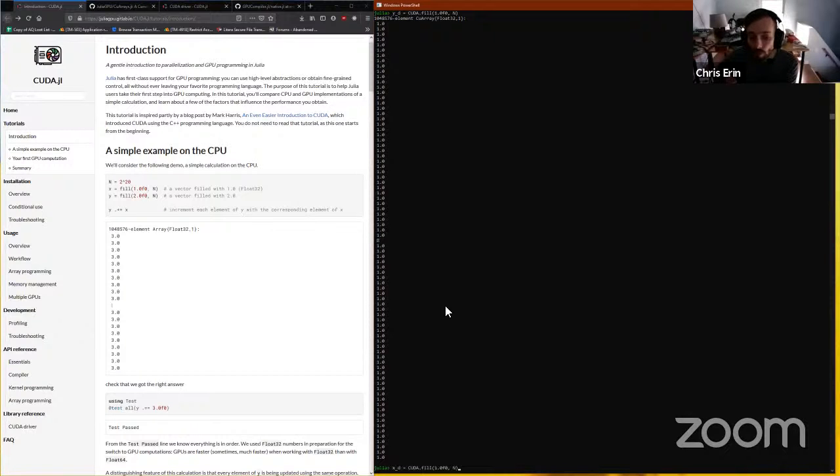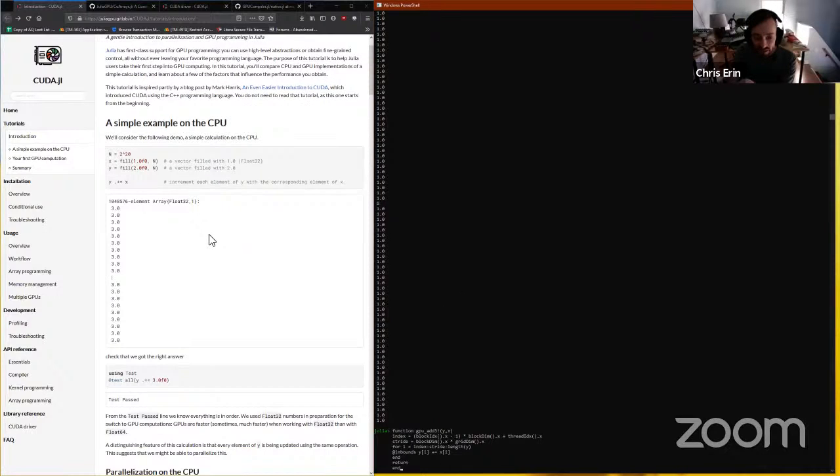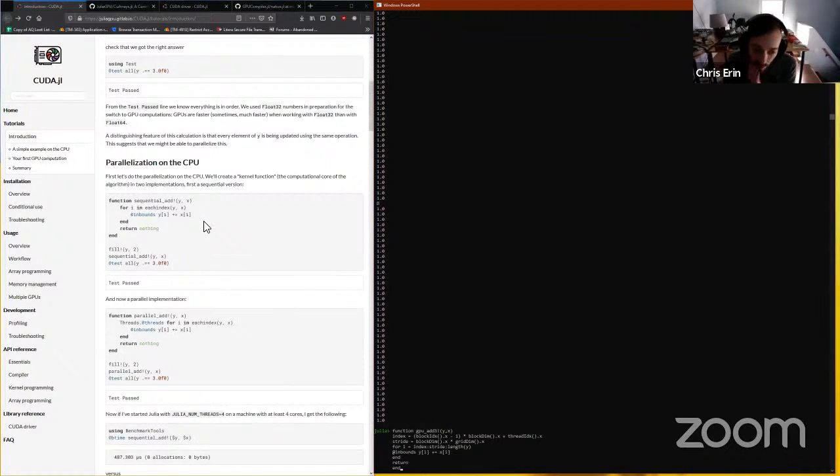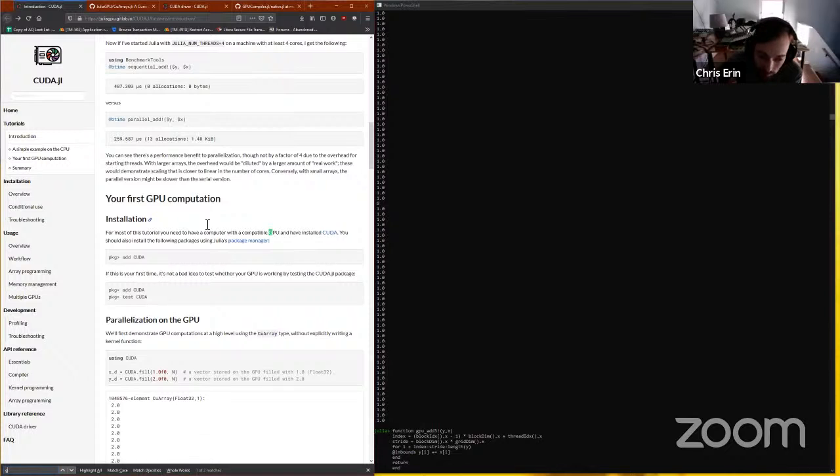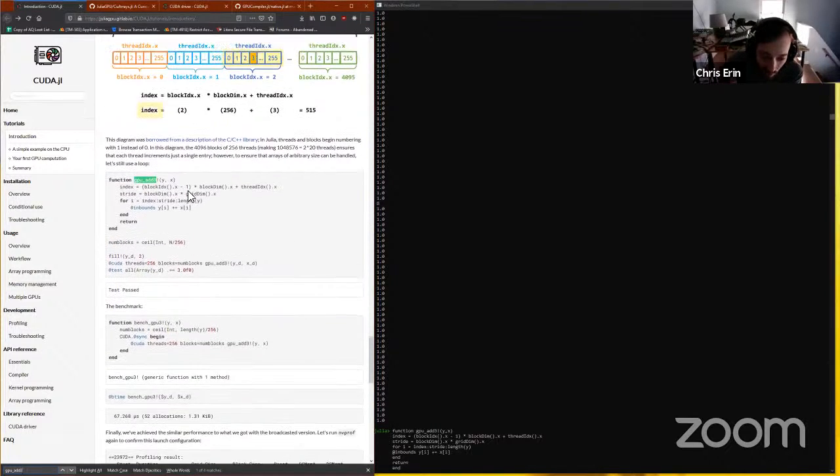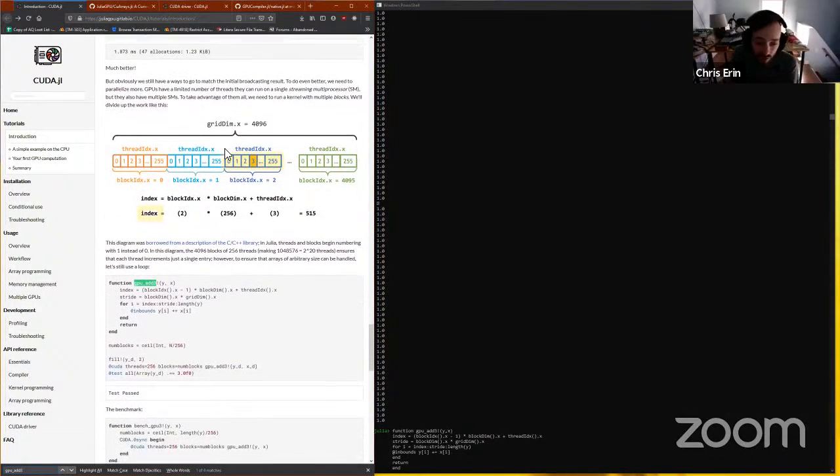We're going to define the function to add them together, which is this GPU add, and there's a couple things going on in here. One is we're getting this block ID, a thread ID, block dimensions, grid dimensions, and basically all that is to say we're trying to set up the